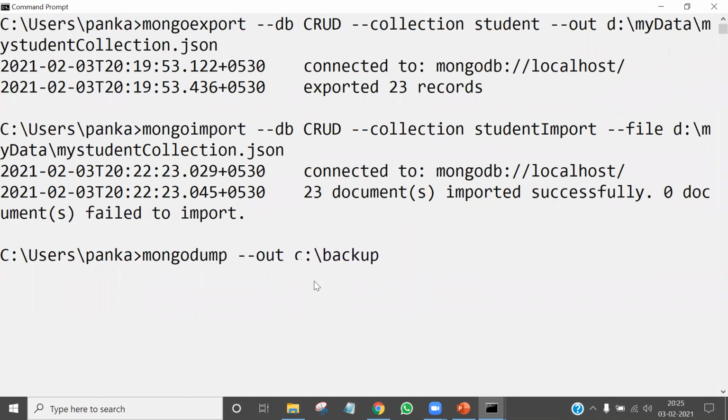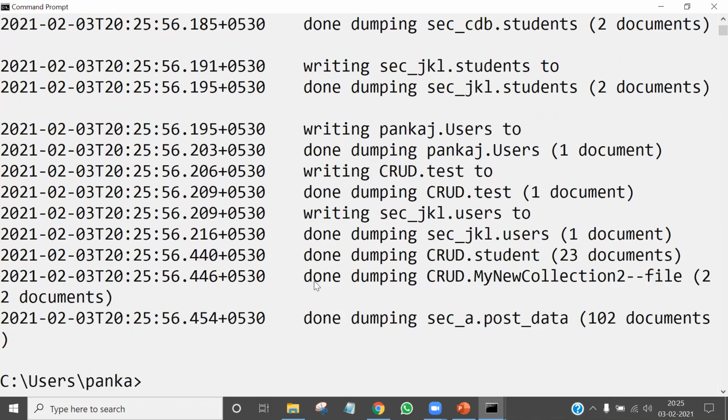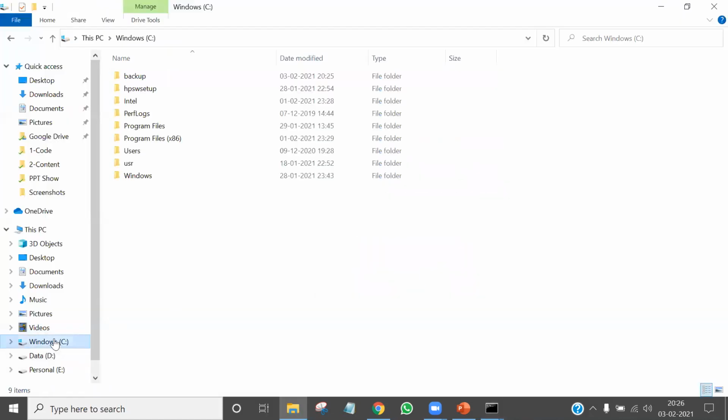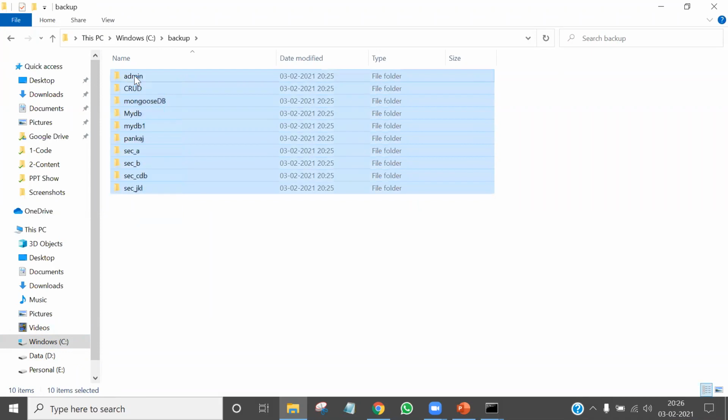So I want to create my dump in that backup. When I press the enter key, it will take a backup of every database, every collection, as well as all the documents. Let's check. I'm going to move to the C folder. It will create a folder called backup, and you will see all the databases that are there on MongoDB. It will take the backup of every document.